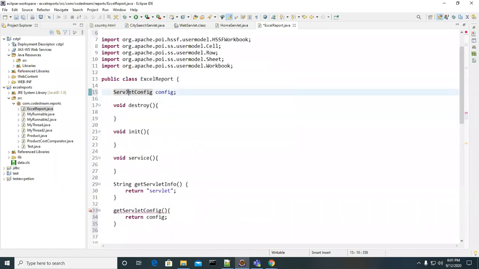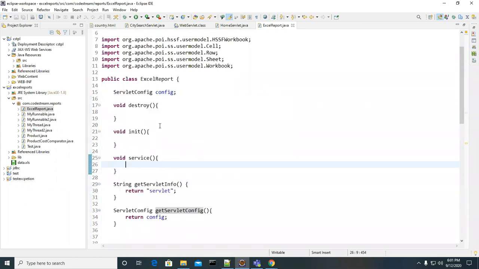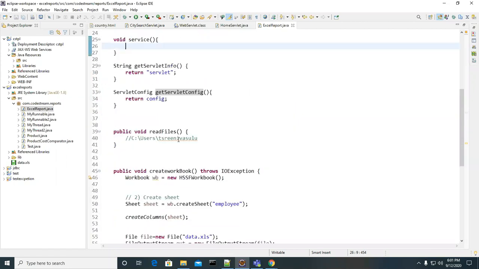Okay, so getServletConfig returns the config. Now I provided five methods, right? Can we call this Excel report program a servlet program?